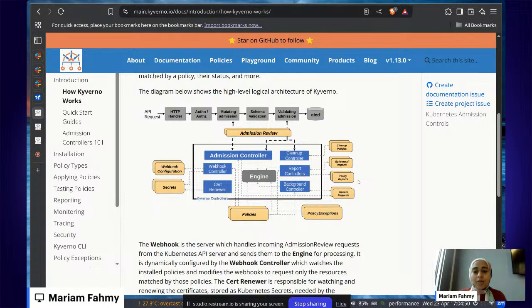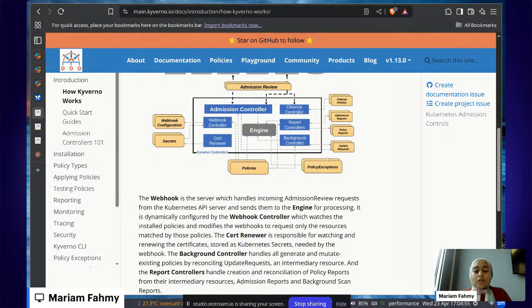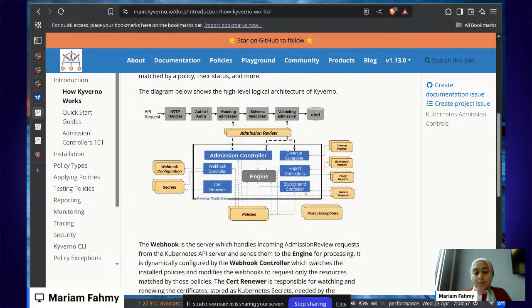So this is just a quick overview of how Kyverno works internally, and we also have two main components as a part of Kyverno. The first is the reports controller, which is responsible for generating policy reports as a result of applying the policies to the resources. So at the end, you can view the results of applying the policies in reports.